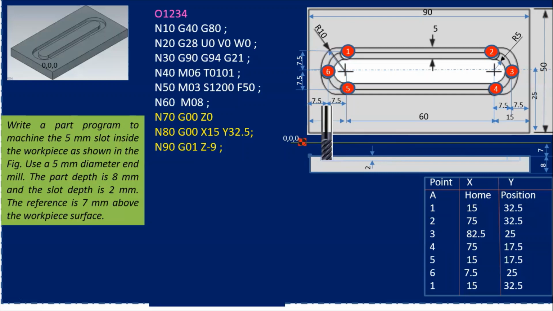Okay. So now this is how the tool is moving. Again, you can see in the diagram. I'll just move that. You can see here, the cutter is moving from 1 to 2. So what is my second coordinates for the x75? Okay, and I have not written the y coordinate 32.5 because it is the same coordinates. Even if you write it, it's no issue.